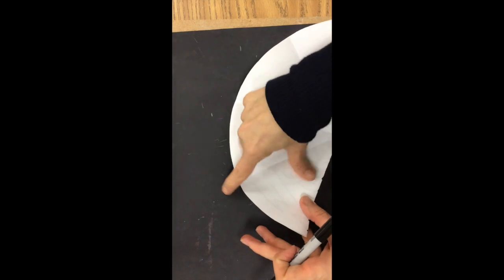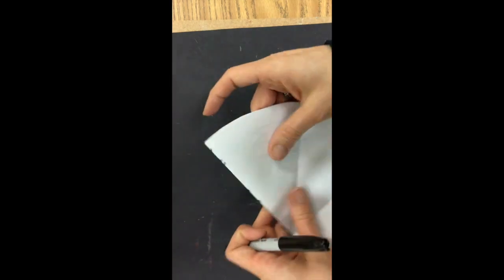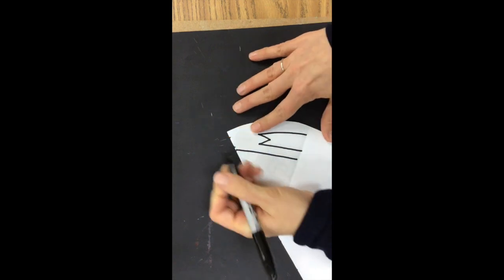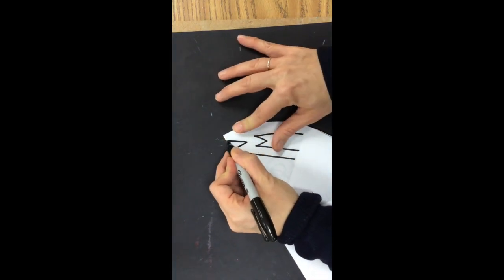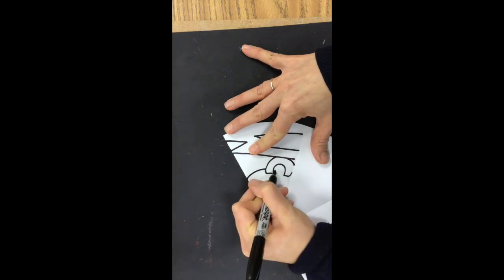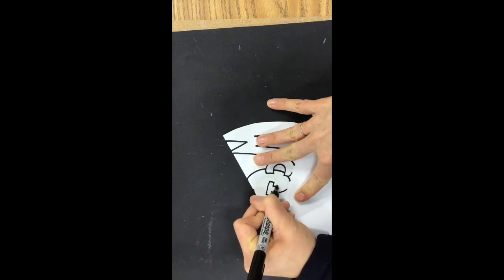Basically, this is the front. It's probably hard to see in this video, but where I have traced it a second time, I can see through a little better there, the MCG part. So you just continue doing this, tracing the original design that you made. On this second pie piece here, I'm only going to go as far as the G for right now, and I'll open it and show you how this is looking so far. It should be an exact